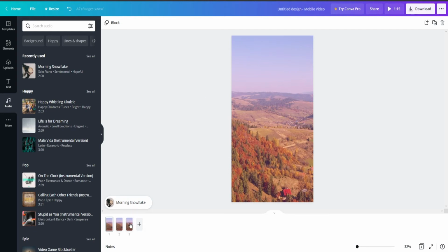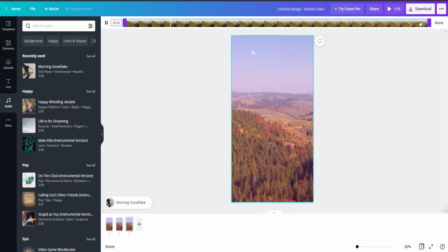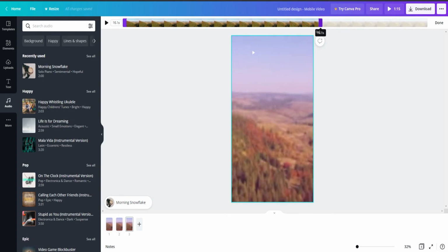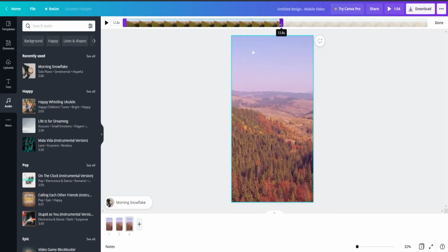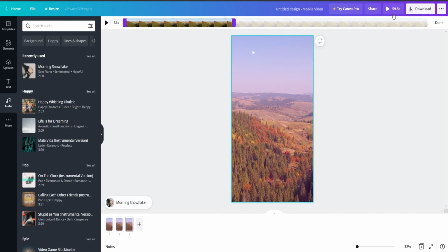All you need to do is come over here to the third scene, and then just click and you can come over here. And then all you need to do is slide this back. If we slide that to here, you can see now it's exactly 1 minute. And you can make it maybe just a little bit shorter so you know it's under 1 minute, and that's it. Now you can see that this entire clip is 59 seconds long.